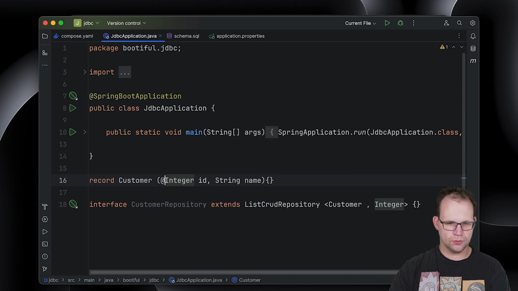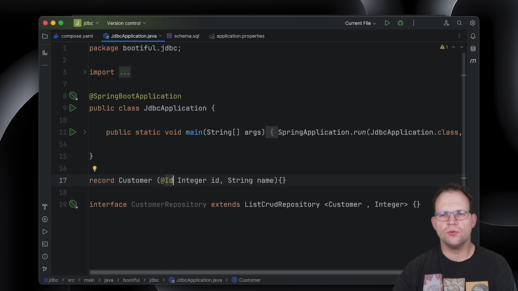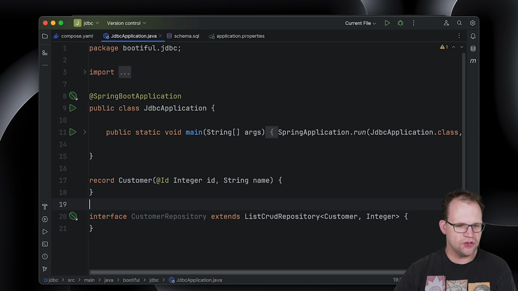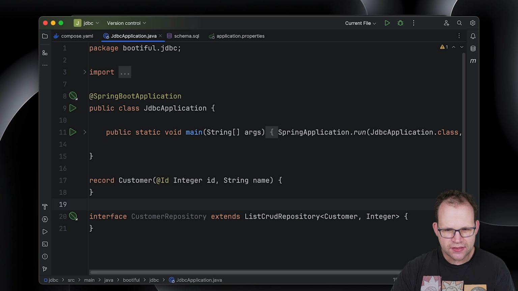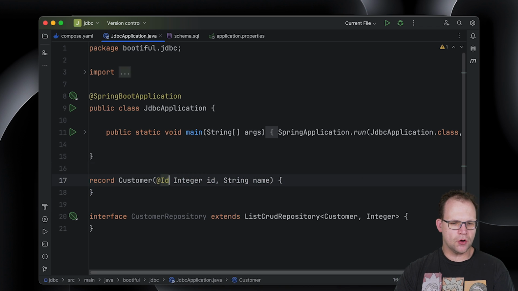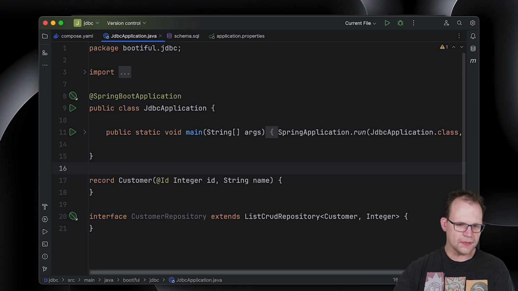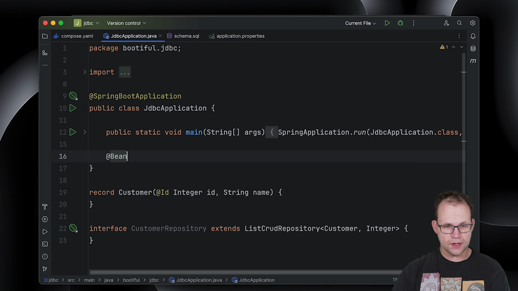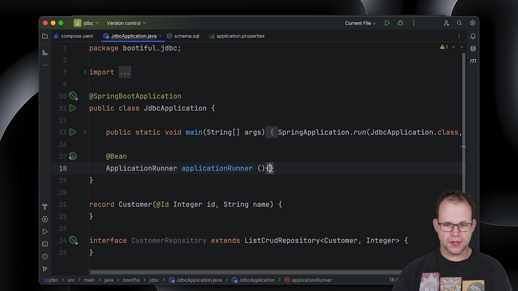And we're going to annotate this with @ID. Already, this is a really nice thing. So I'm using read-only views of the data here. Great, for a lot of use cases, this is what I want. If you want stateful applications or stateful entities, then yeah, use a class, it's fine. But the fact that you can use records and it does the right thing in a lot of the cases is really nice, because this just becomes very simple to understand, right? Okay, so now I've got the customer and I've got the repository. I guess let's just try it out. Already we've got something working with Spring Data JDBC.